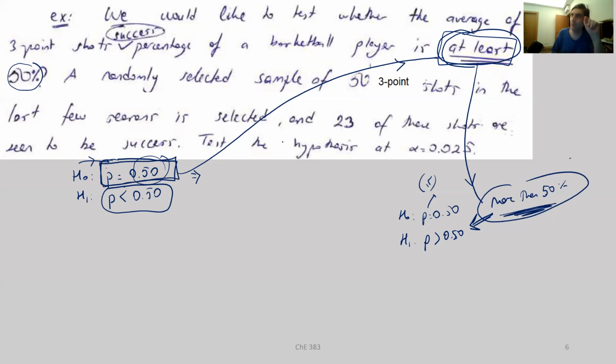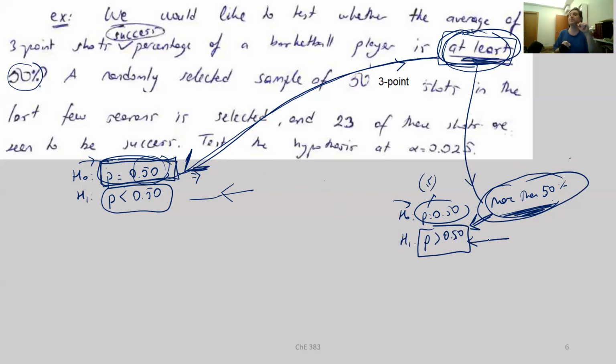If you have seen commercials, "at least" kinds of statements are usually used, not "more than". Because when you use an "at least" statement, you reserve your claim for the null hypothesis. So whoever does not believe you has to prove that your statement is incorrect. On the other hand, if you say "more than 50%", you leave equality to the null hypothesis, and you yourself should show that your statement is valid. So that's an interesting point.